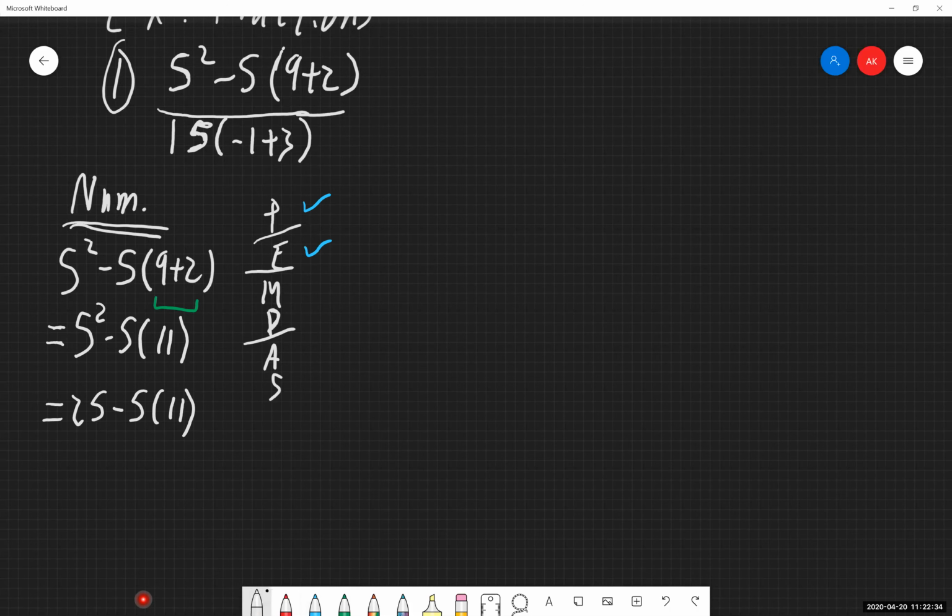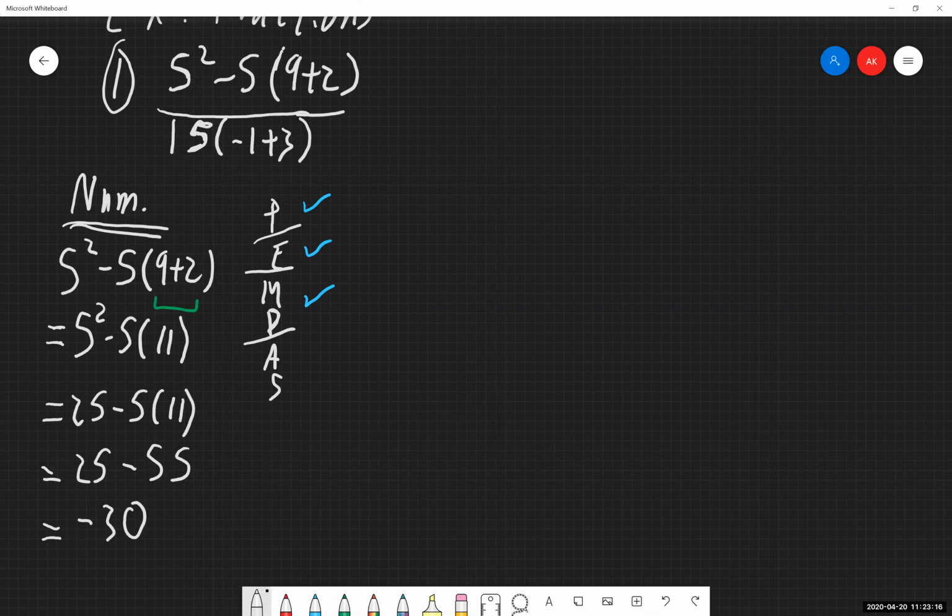Multiplication or division, I have negative 5 times 11. Do not forget about this little negative out front; it still applies. So I get negative 55. Done with multiplication and division, I have addition and subtraction. I've got 25 minus 55, which gives me negative 30. Let me see if my mental math is correct. Yeah, we get negative 30. With some of these larger numbers, no problem with you wanting or needing to use a calculator. Nothing wrong with that whatsoever.